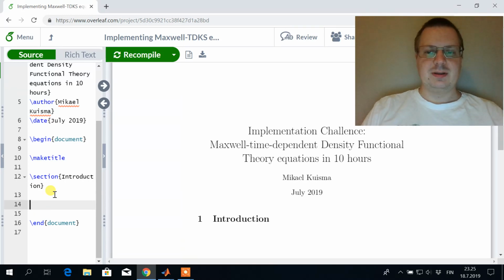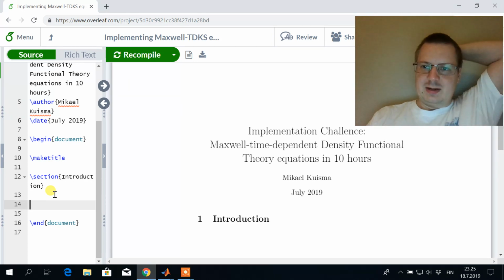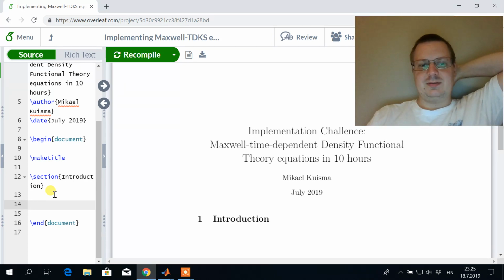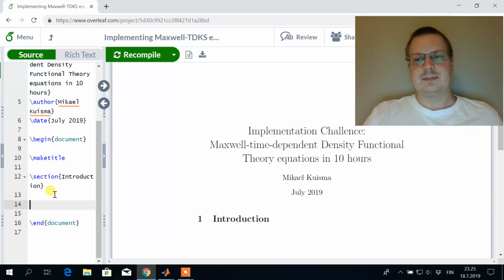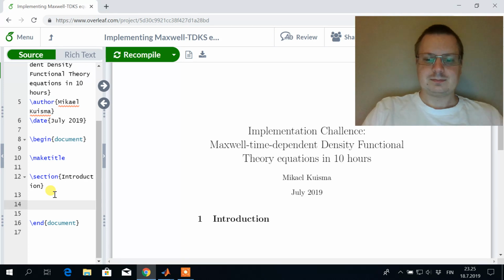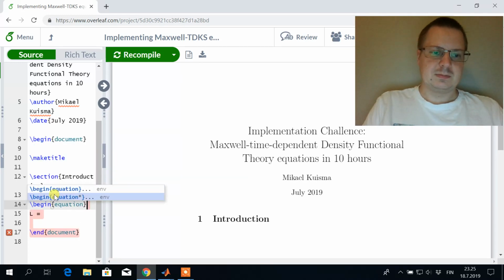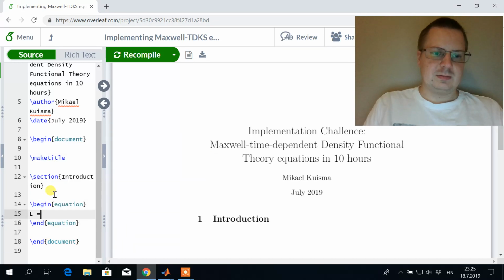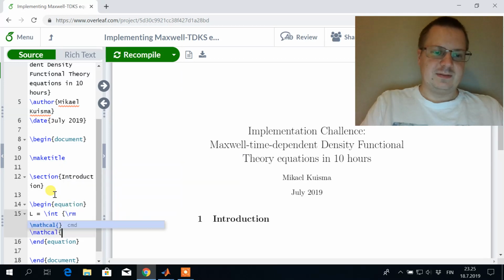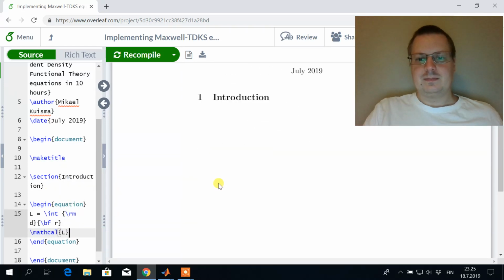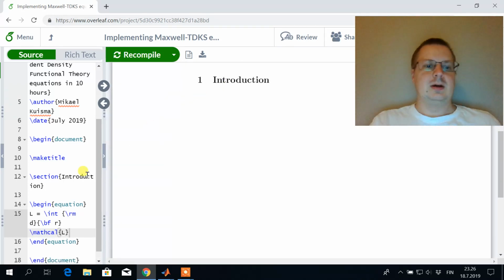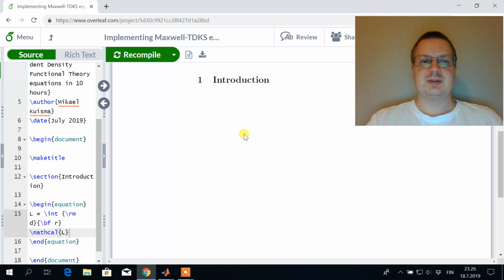Maybe we should start with a 1D wave equation, or do we immediately start from the real thing? I think we can start from the real thing. So we can set the Lagrangian. This is some very basic stuff: we define that the total Lagrangian is an integral over space of some Lagrangian density,